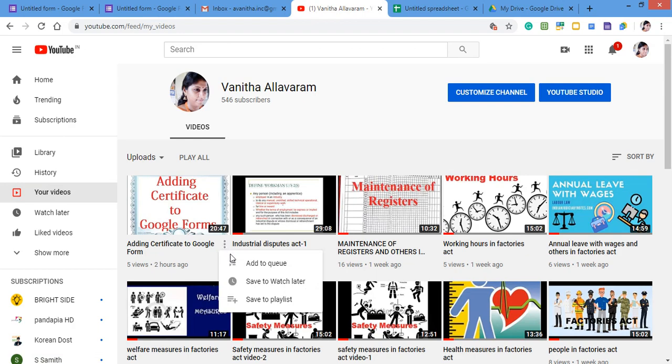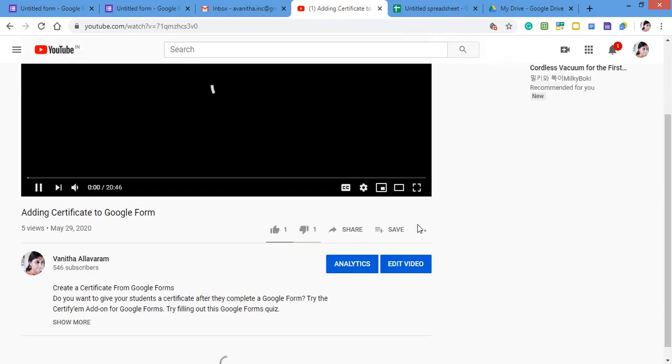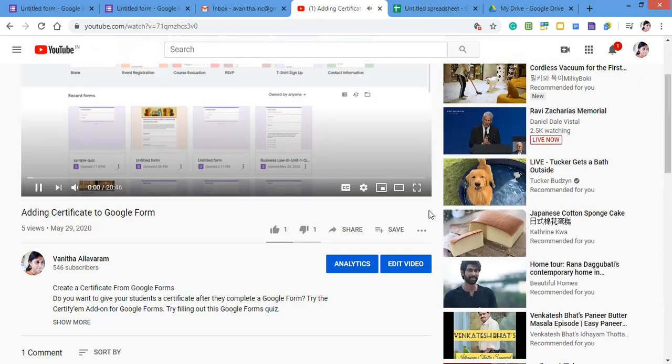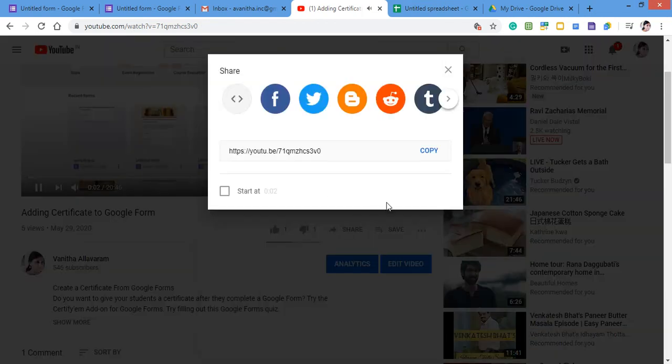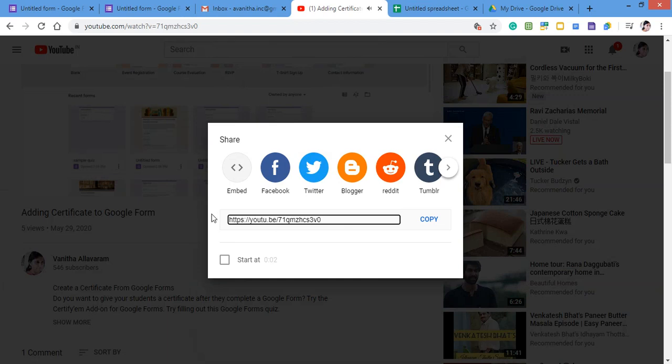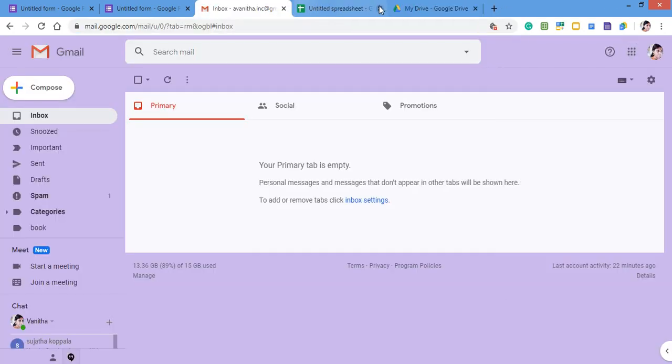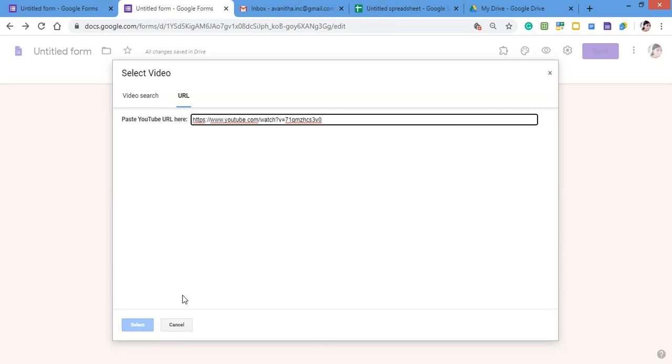for example, if I want to add this into my Google form, what we can do is we can share this URL address, or you can share from here. You can copy it in here.